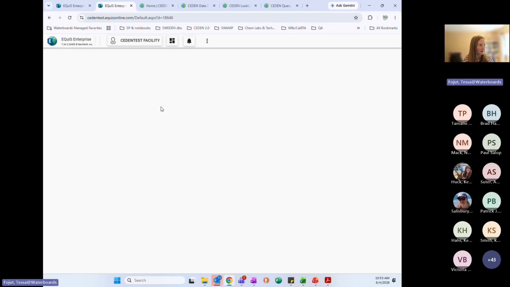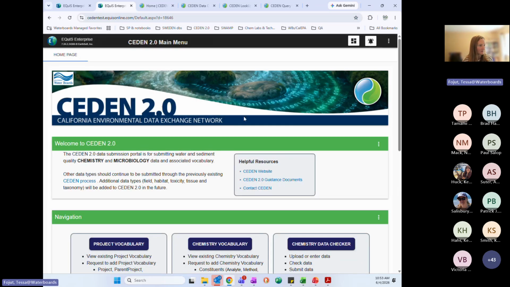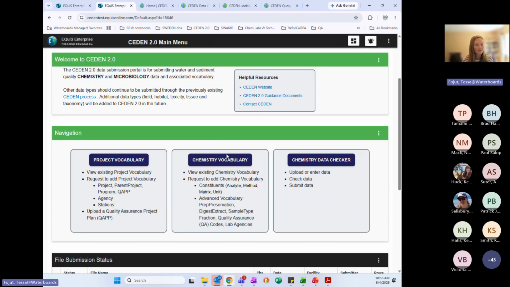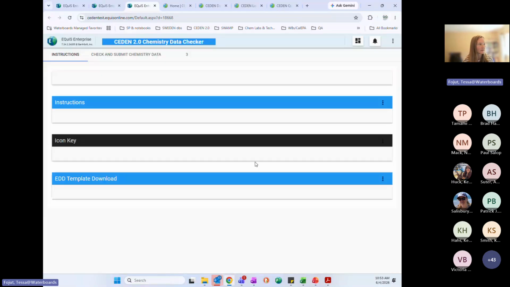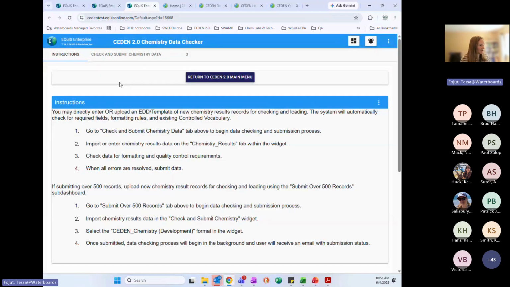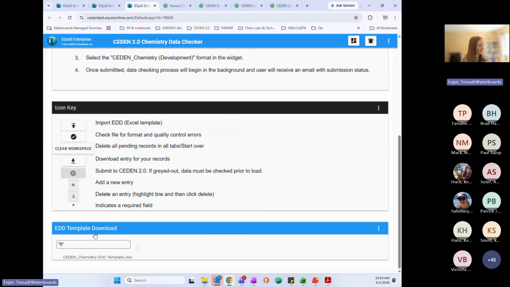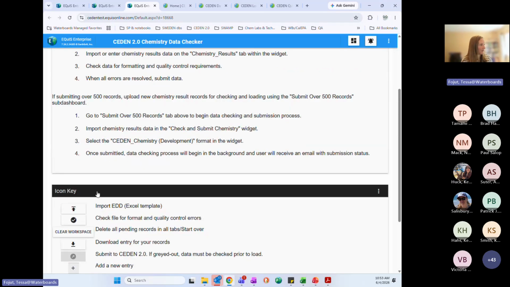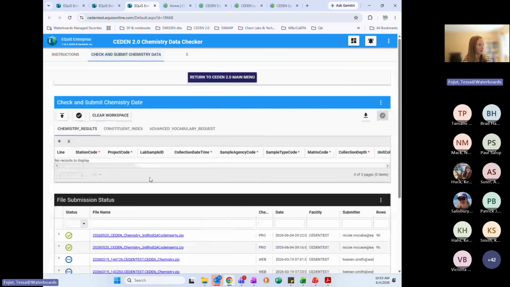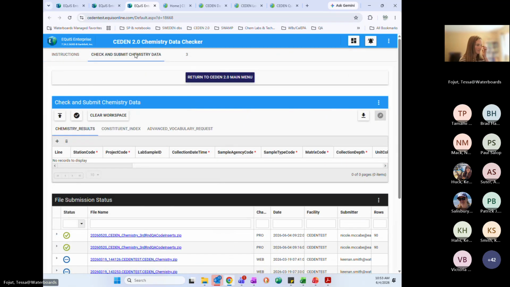And then I come back here. I'm just going to check a file because we don't have a ton of time left. So again, instructions, and then you can always download a blank template here, and then go to the check and submit chemistry data tab.